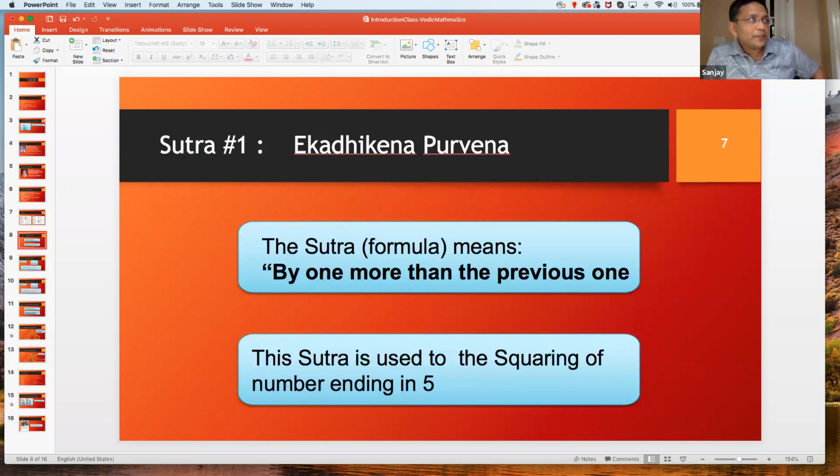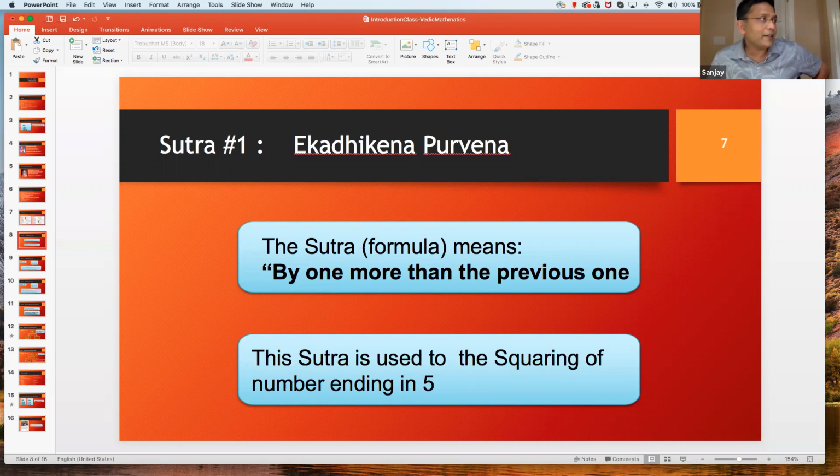One of the first sutras is called Ekadikena Purvena in Sanskrit. So what that means is by one more than the previous one. So this sutra simply means by one more than the previous one. Ekadikena Purvena. Okay. So if you have a number that you want to square, especially one which ends in a 5, this is one example where you can use this sutra